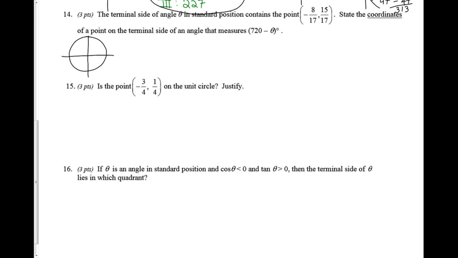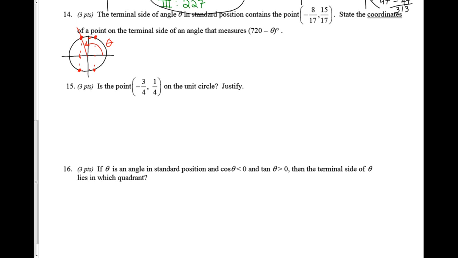All right, if I were in the unit circle and I wanted to go negative 8/17 in my x direction, I would be over here on the left. Positive 15/17 would put me up in the air, somewhere in this ballpark. I'm not sure if I'm exactly on the unit circle, but wait a minute, I am, because 8, 15, 17 is a special right triangle. So here's my point on the terminal side. Now I know that we have a family of triangles here, and all of these points would have the same reference angle. If this is theta,